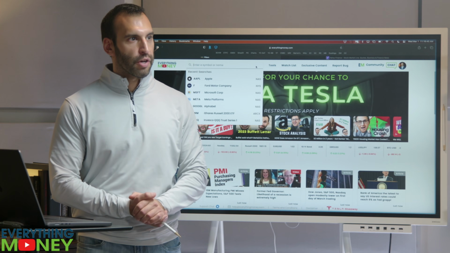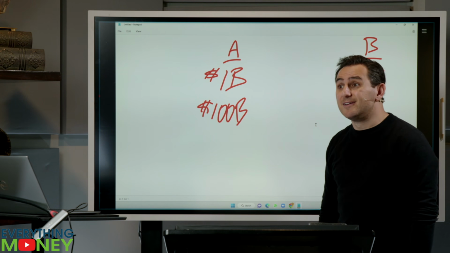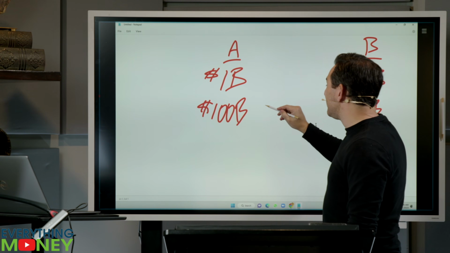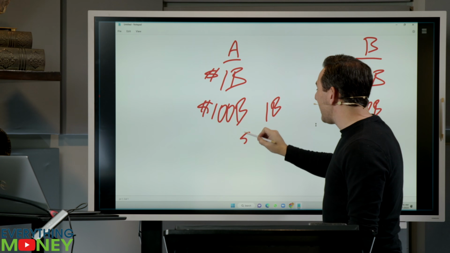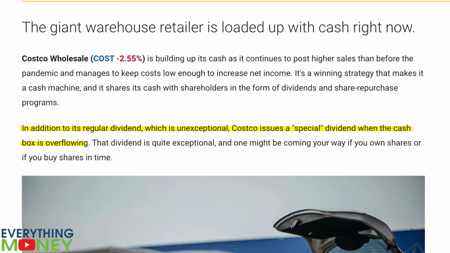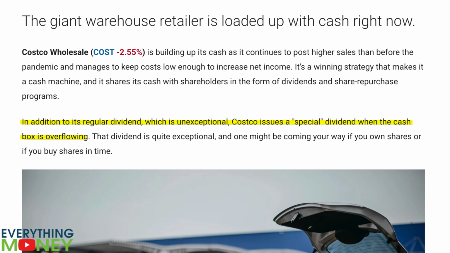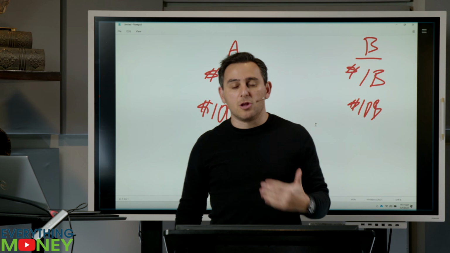Exactly. They're going to buy back shares, which is going to help me. They're going to pay me in dividends, which is going to help me. They might just issue a $100 billion dividend. That too. So let's say there's a special dividend. Let's say there's 1 billion shares. That's $100 per share in one-time dividend. You see it all the time. Costco, they're notorious for it. They'll do a $10 one-time special dividend. Just like that. So that's how you see the value in the long run.